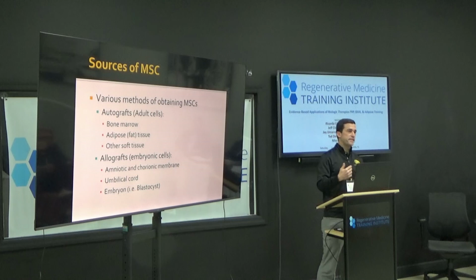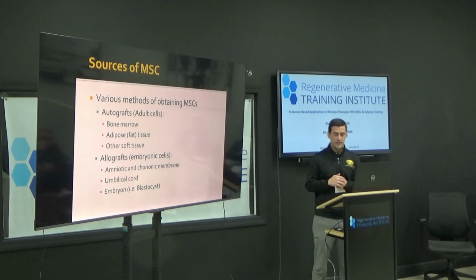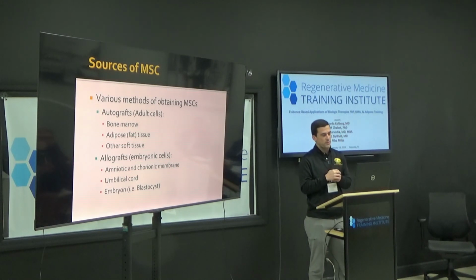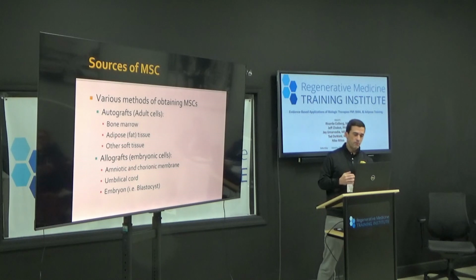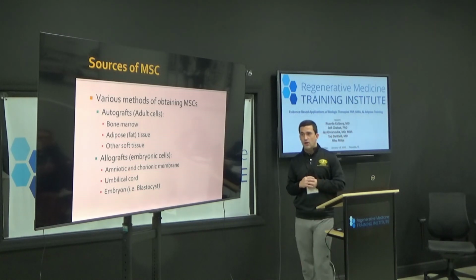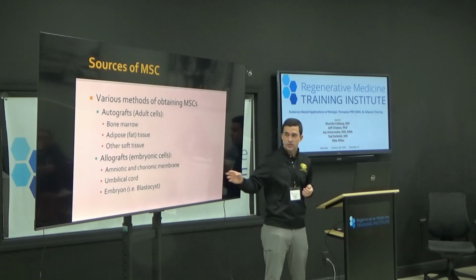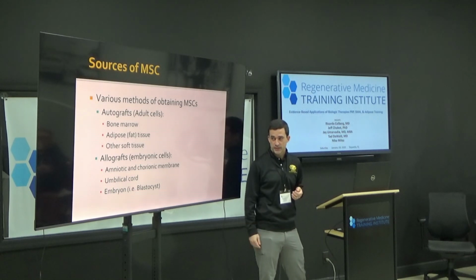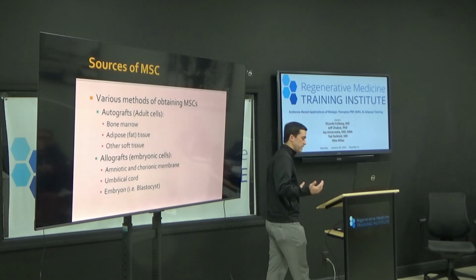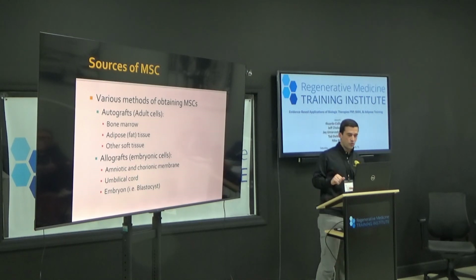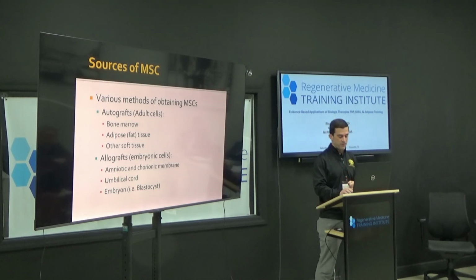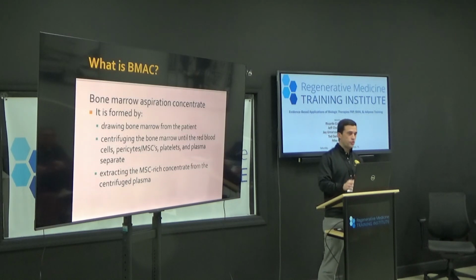So there are different ways that you can get these mesenchymal stem cells when they're coming from the body. Bone marrow and adipose are the most common. Now, there are some other medicinal signaling cells that you can get from the embryonic cells or the embryonic environment. Again, this course is not going to go over the allograft cells. We'll briefly mention why in a few minutes. So the three most common